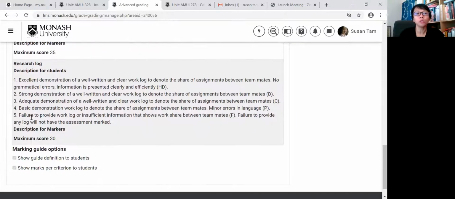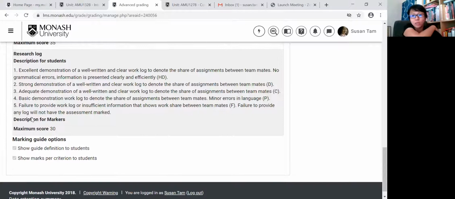Now, we move on to the research log. The research log has 30 points, which is pretty significant as well. If you want to be scoring well for this video, we want to be able to understand the information you give us. So please, if you're looking for high distinction, excellent demonstration of a well-written and clear work log to show the share of assignments between teammates. This is to help us assess group activity